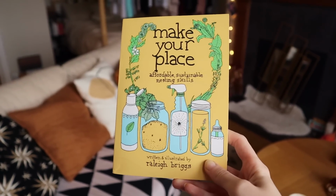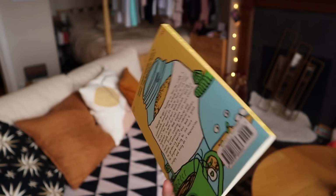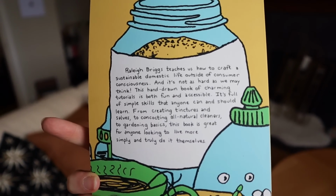So recently I've been getting more into herbalism and home remedies and DIYing things, because of this little DIY book I got called Make Your Place. And from that, and just because I already had some herbal remedies and apothecary things, I thought, I want to set aside a little dedicated place to make my home apothecary, because I was really excited about what I was learning and the prospect of having almost like a little first aid kit, collecting all my things and having them to hand